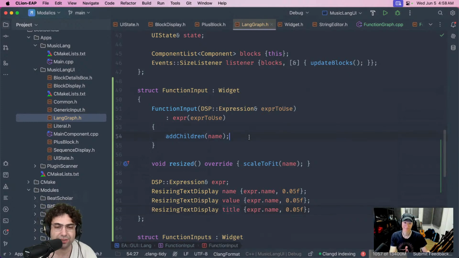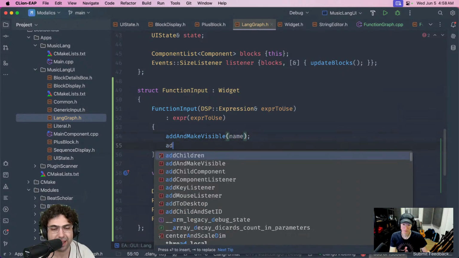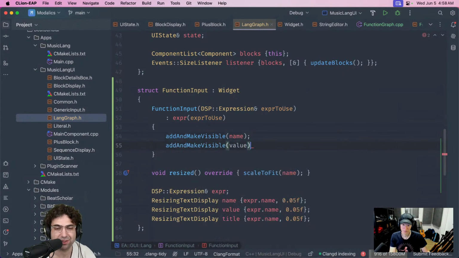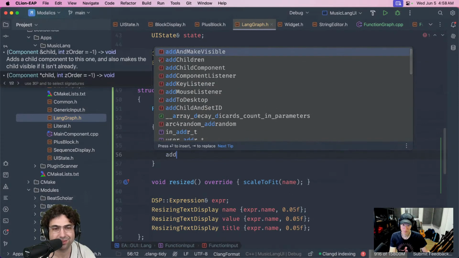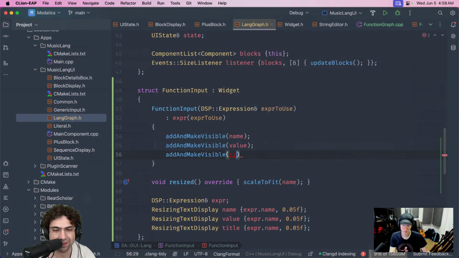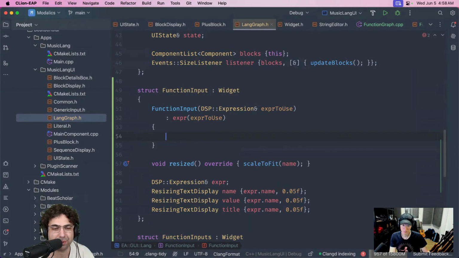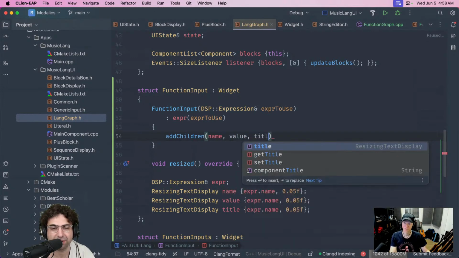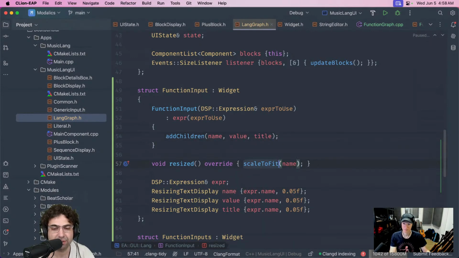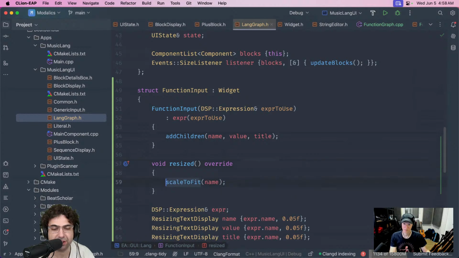So in plain Juice, you would have to do this: add and make visible name, add and make visible value, add and make visible. I hate that. This is just boring typing to me. So we just do add children, name, value, title. Much nicer. Same thing with this line, scale to fits.